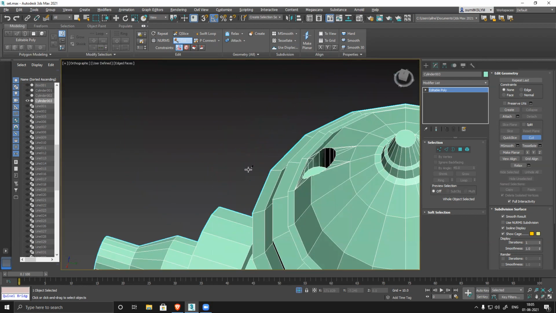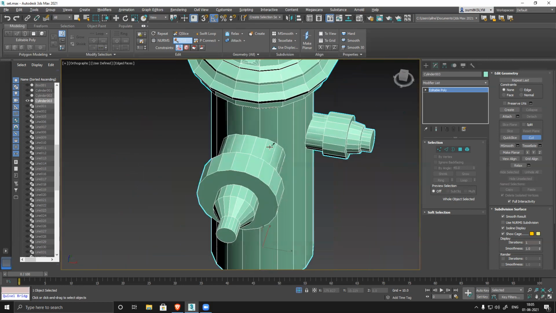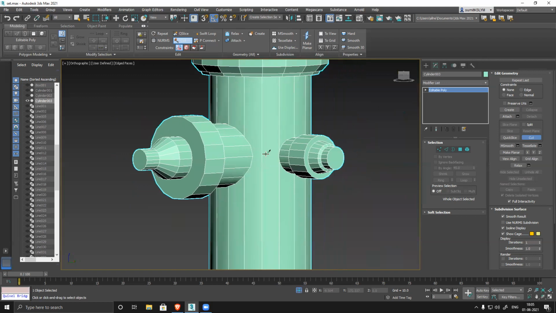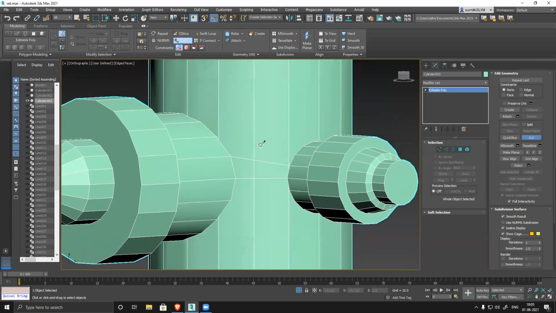So like this, I have to fix the structure, make them triangles. Similarly, in the same manner, connect it. If I want, I can connect it like this, or if I want, I can convert this into a triangle also.